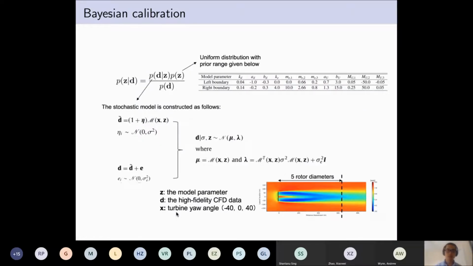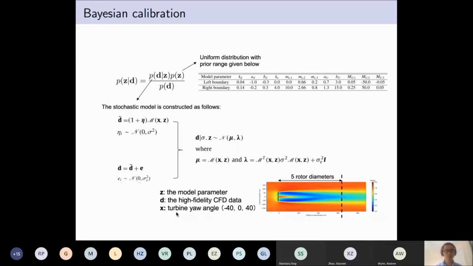In order to get the posterior distribution of the model parameter Z, we still need to specify the prior distribution Pz and the likelihood function. So here we choose a uniform distribution for the prior, and we determine the prior range by trial and error. And the likelihood function needs the construction of a stochastic model.